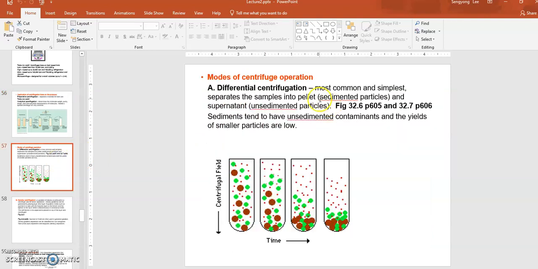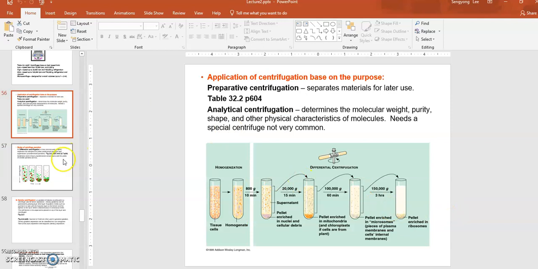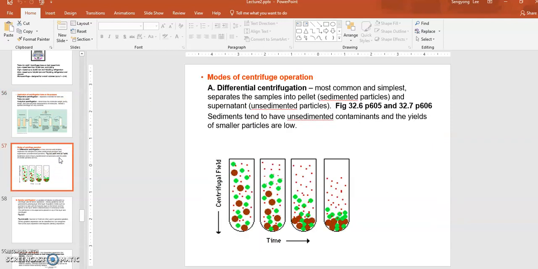And then modes of centrifugal operation. Number one, differential centrifugation. Like the previous case, there's a big difference between the target molecule and the supernatant in the density, so sedimentation value, right? So you will have a pellet and supernatant, easy separation. That's what differential centrifugation is. Okay, so sediments tend to have